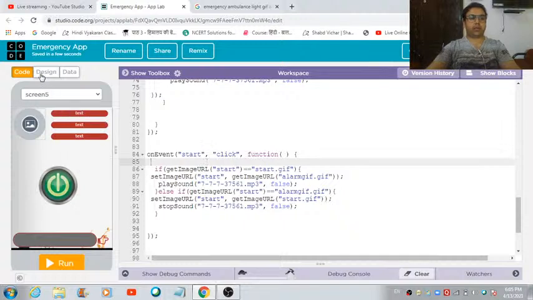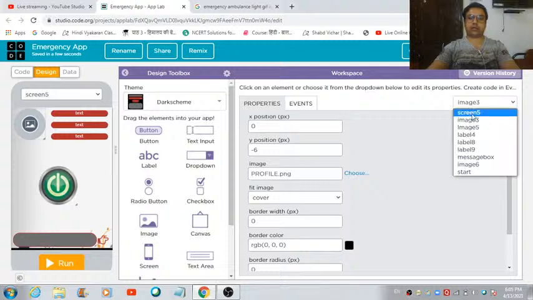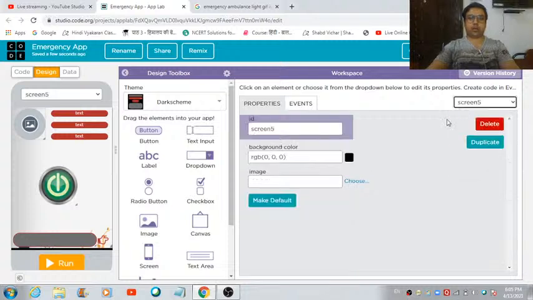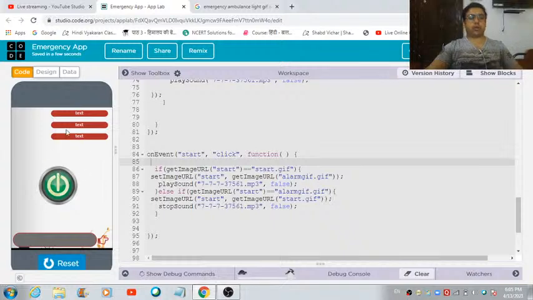Fine. Let me just show you the output you're going to get with the code that I've just defined. So I'm going to make this screen 5 the default screen. Let's come back to this coding section and run this app. So this is the screen the user is going to come across when he runs this app, because this is the default screen right now. Now if I hit this button over here,